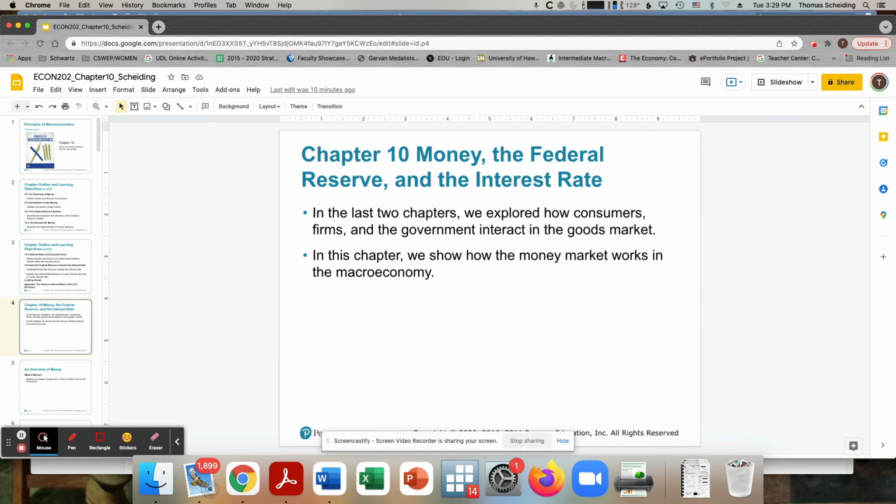So the simple question that we want to look at here is how does changing the money supply, which we know of as monetary policy, how does changing the money supply, which is what the central bank does, the Federal Reserve, how does that change the economy, the performance of the economy? And it turns out that what the government does is so much less important than what the central bank does, and hopefully we'll see that in this chapter as well.